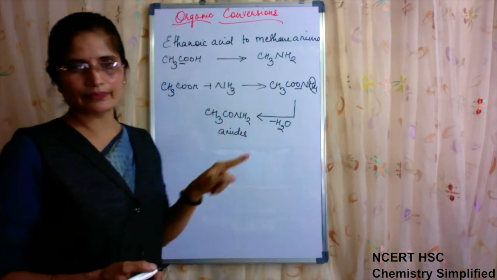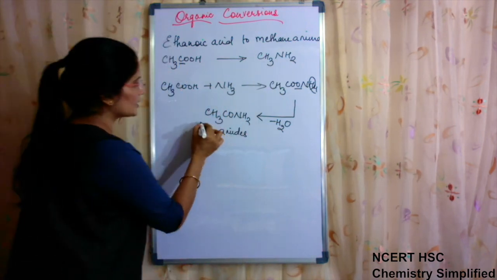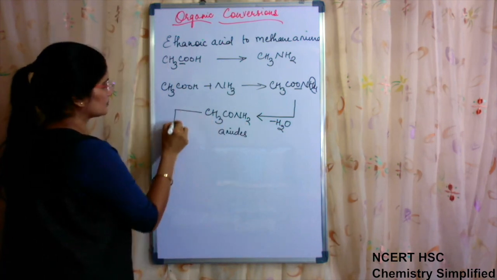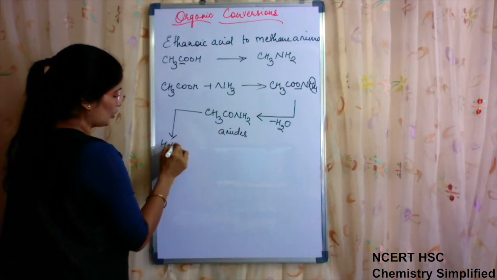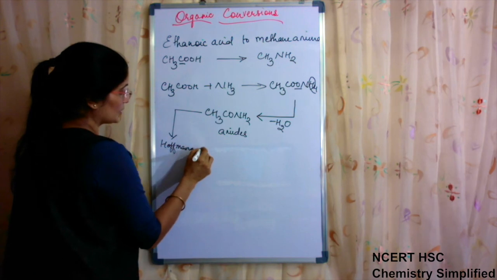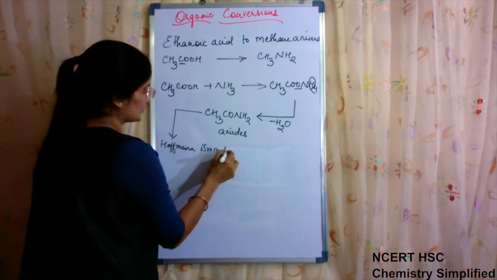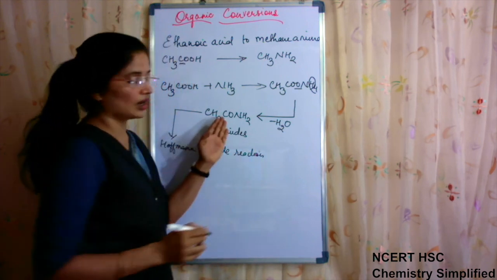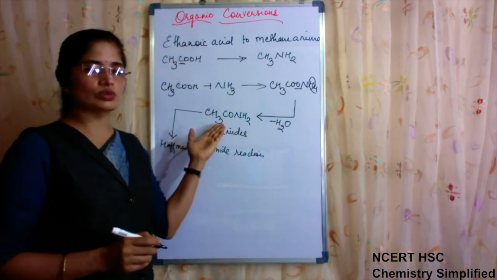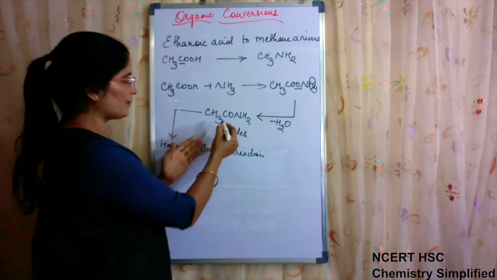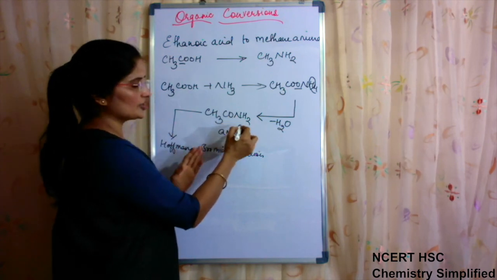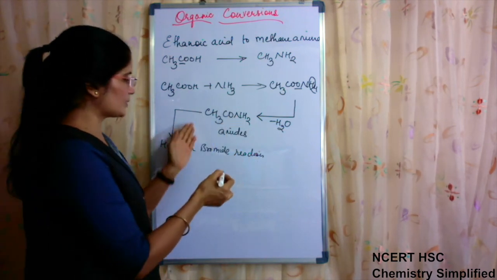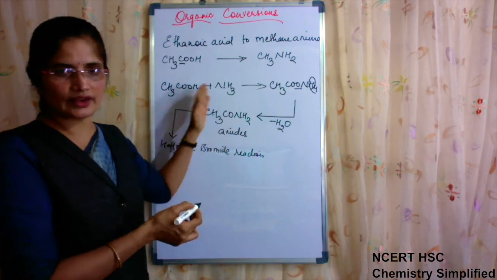Okay, and when amides are formed, then in this case what we want is one C to be removed. Then we will use the Hofmann-Bromamide reaction. There are two reactions to reduce amides. Simply if we use lithium aluminum hydride, then what happens? This C is converted into CH2NH2. But in this equation, we don't require this C, we have to remove it.